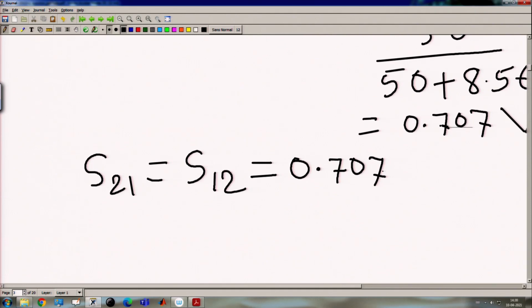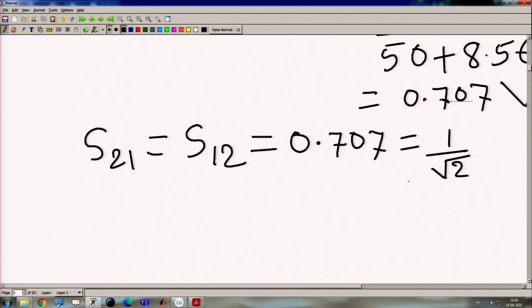So 0.707 means it is 1 by root 2. We can show that this is the transmitted wave from port 1 to port 2, transmitting this much amplitude, and this is a 3 dB attenuator, it is attenuated by 3 dB,